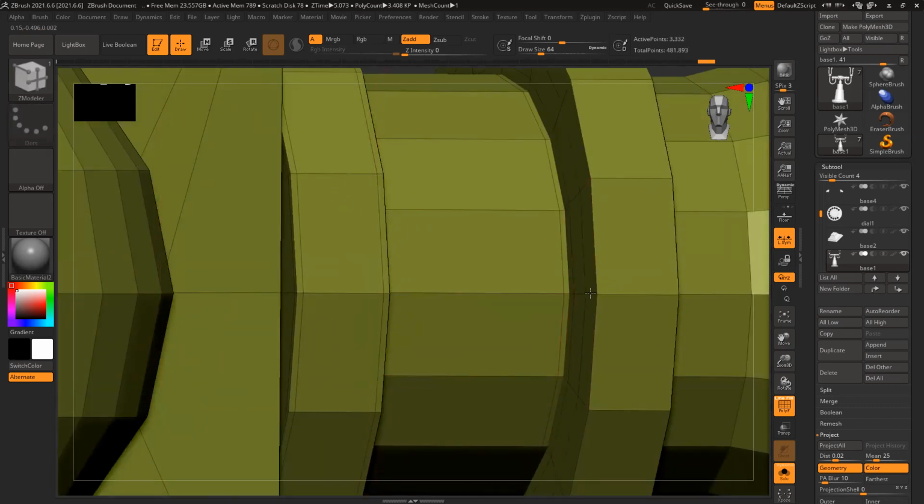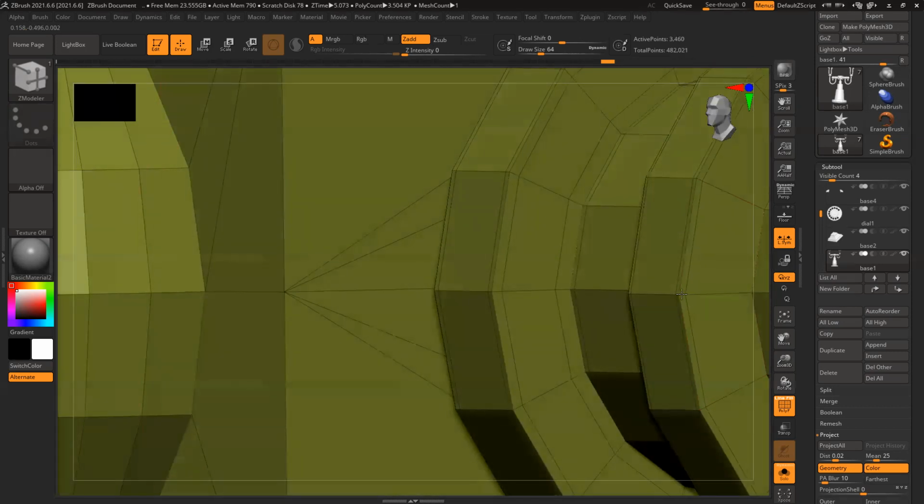So I'm preparing my model for high poly. Add all the shapes, all those loops.